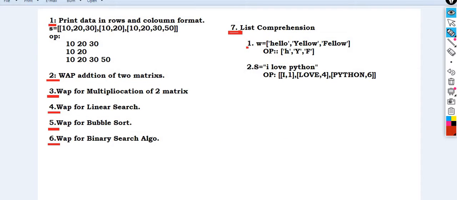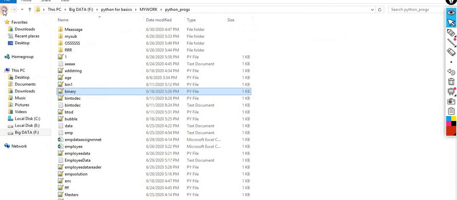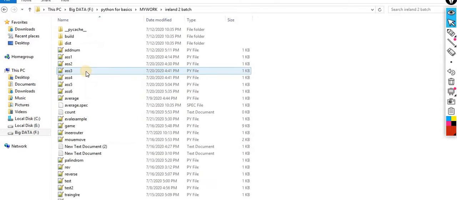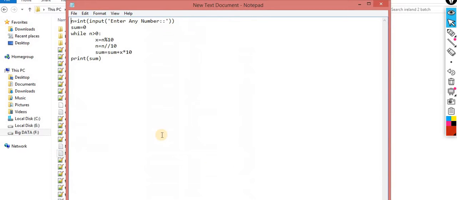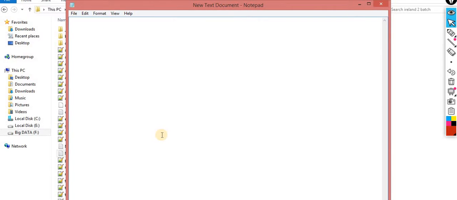Going back to your folder, now I am writing the code for the same. First, to represent the data in rows and columns in a proper manner.